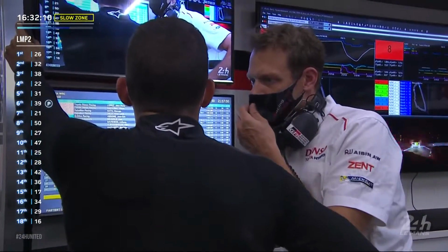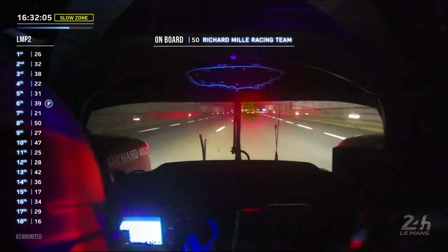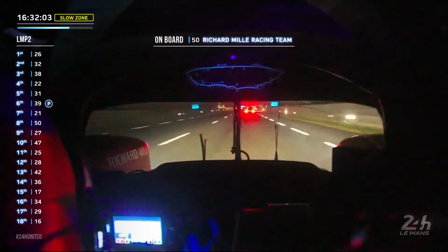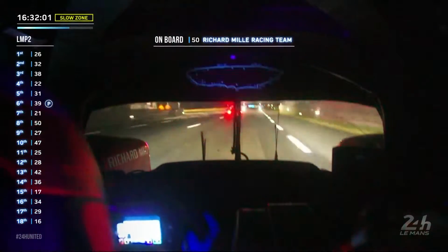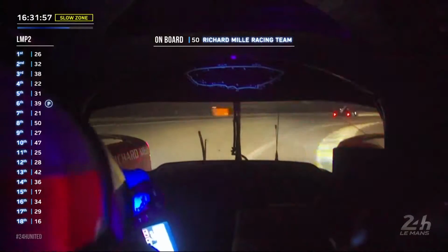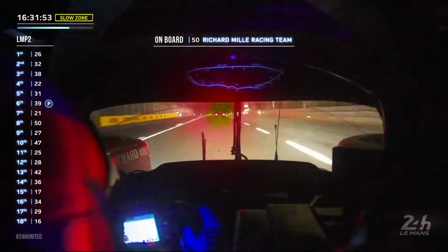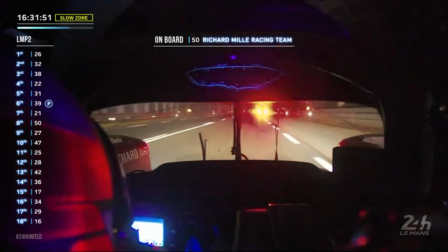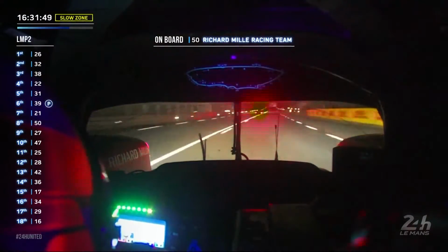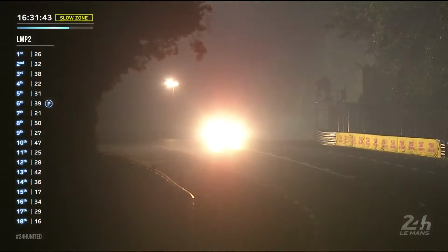Well, yeah, you know, sometimes you can overload a driver, but just occasionally they get the right bit of information that helps them deal with a problem. And you know, when you head out the pits and suddenly it lights up like a Christmas tree, you know you've got nearly 14 kilometers to get back. You're just going, come on, baby, just do it for me. Who was it in the Nissan that spent hours in the Porsche curves? What was it, the wingman or something? Oh, I can't remember, but...